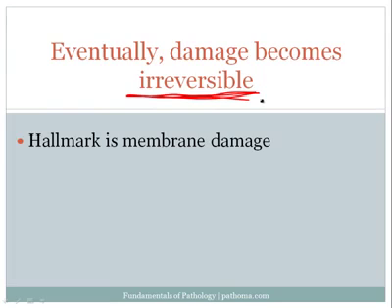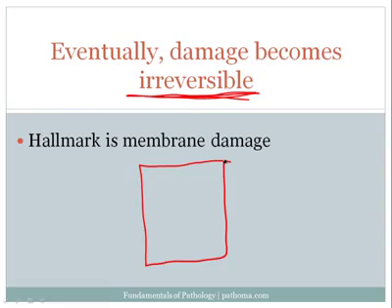Let's remind ourselves that one important membrane within the cell is the plasma membrane, which is the membrane that borders the entire cell. When there is irreversible damage, this plasma membrane will be damaged and will be lost. And as the plasma membrane is lost, whatever is present within the cell, for example, let's say there's an enzyme present within the cell, this enzyme will leak out of the cell and into the blood, and that will then be a sign of the membrane damage.